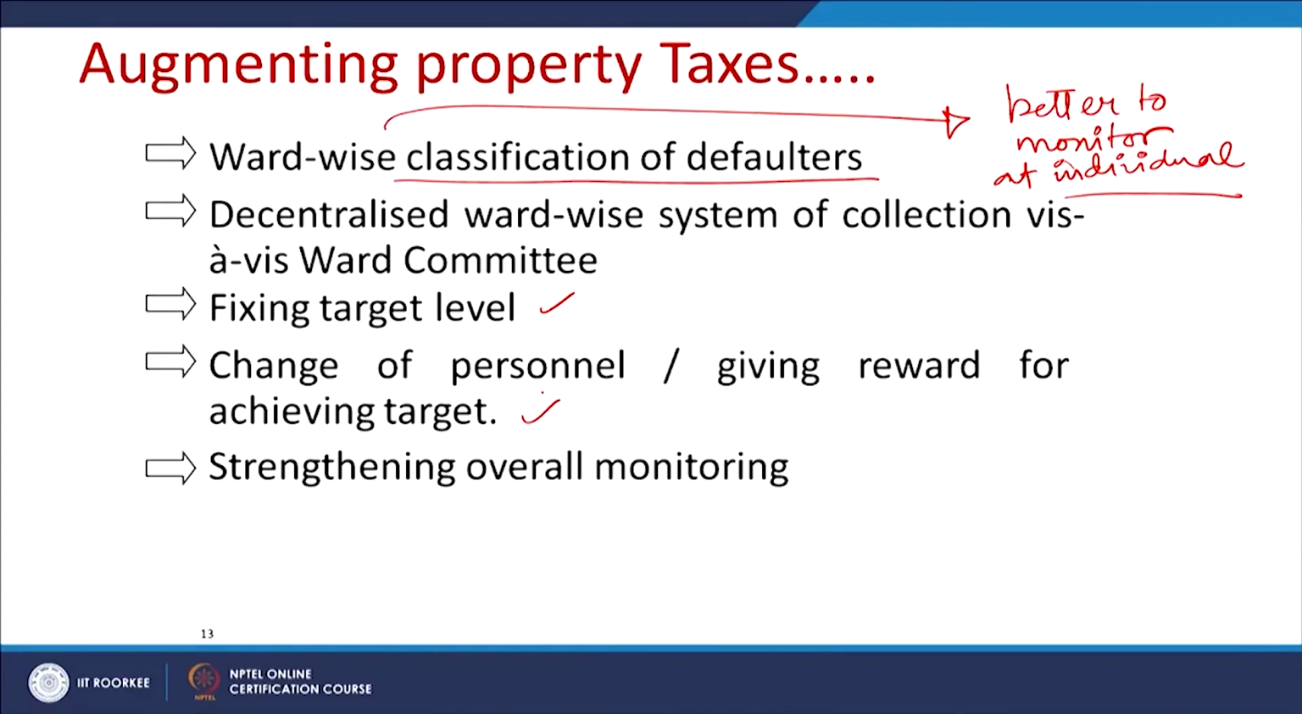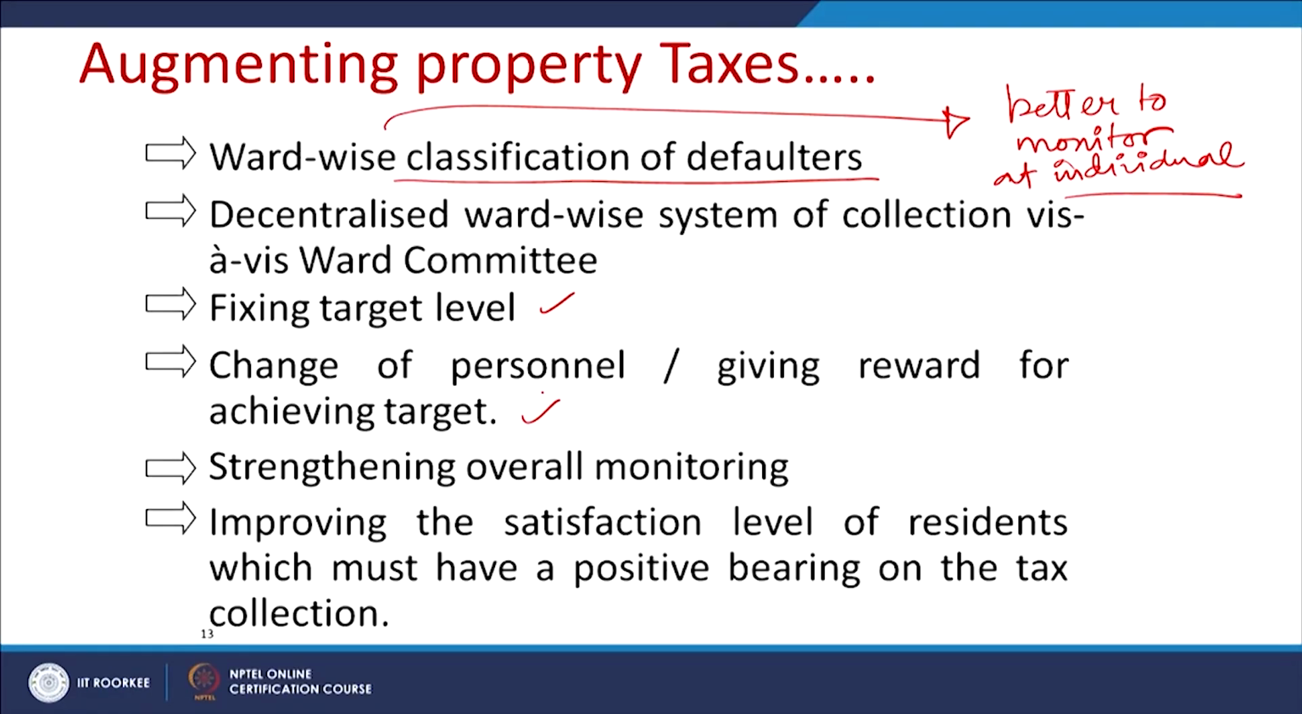Next is the strengthening of overall monitoring. Now, how are you monitoring? Is it a manual method, or how are they updating their data at the local level, and how is that data synchronized with the municipal data? Those kinds of issues are involved. So, you need to develop a better system and process for seamless and real time upgradation and updation of the database of the municipal tax. Then improving the satisfaction level of the residents, which must have a positive bearing on the